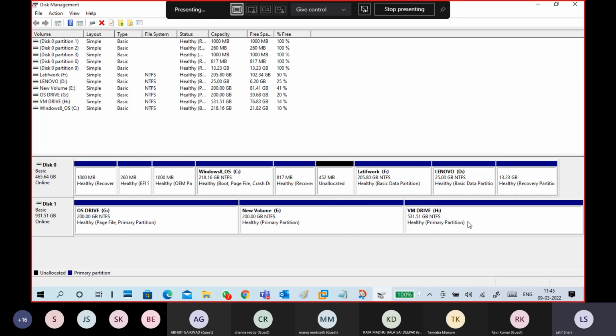So this is how to shrink the volume. What is shrinking a volume? Whenever you have free space and you want to create an extra drive with it, you can create it by using shrink volume. Shrinking means you are reducing your volume size and creating unallocated space from it. Guys, again,